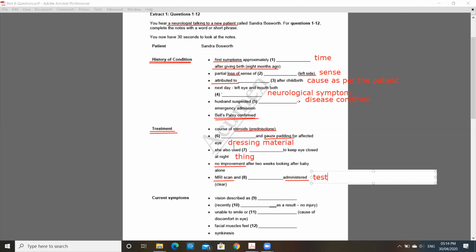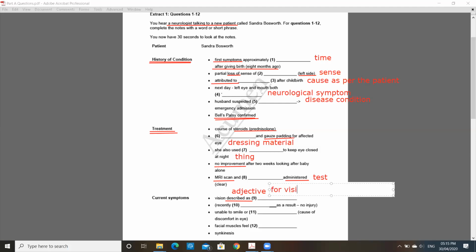Then this is very typical. The patient may tell that I have this kind of problem. They would say I have itchy rash, but the healthcare professional would put it in this way. The rash described as, the skin described as. So whenever you have this word described as, and after that if you have a blank, you would most of the time, 99% of the time, have an adjective there. Now here, an adjective for vision.